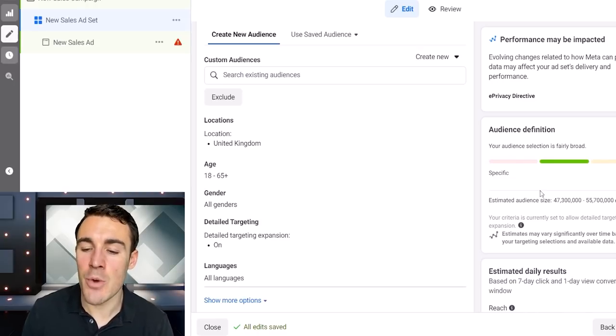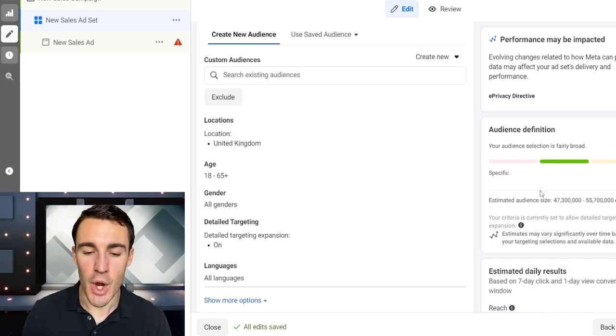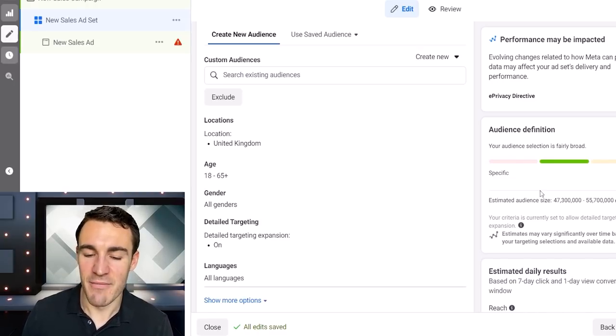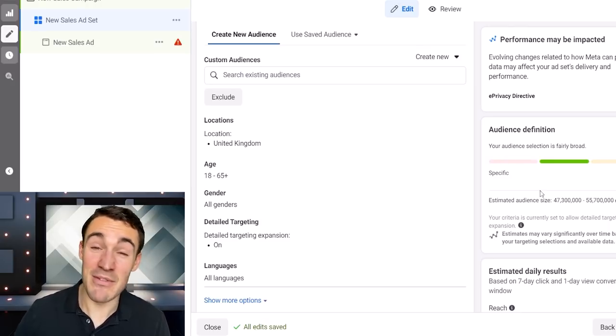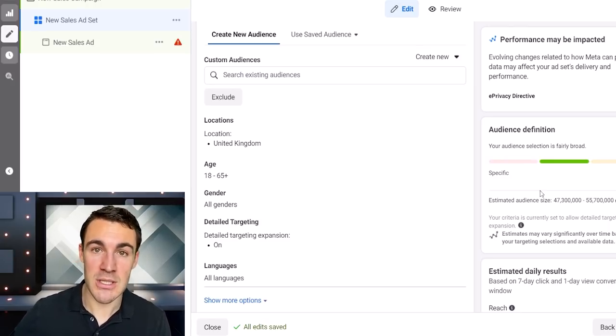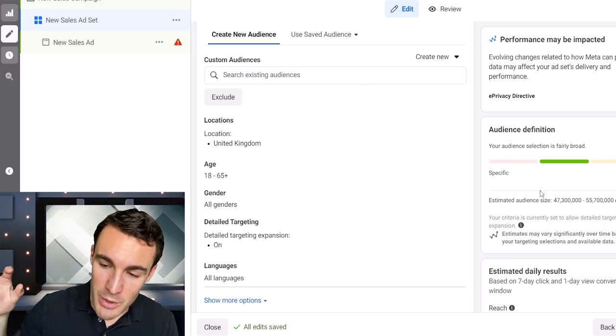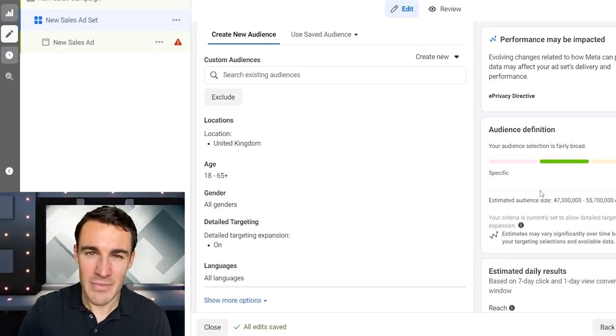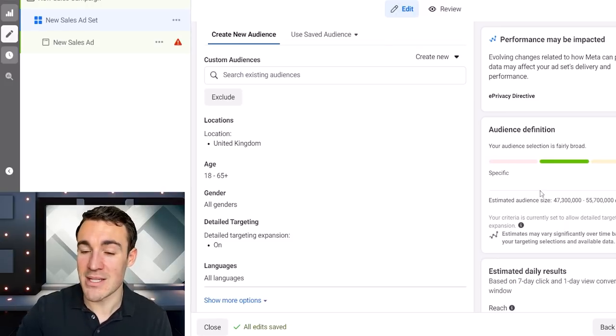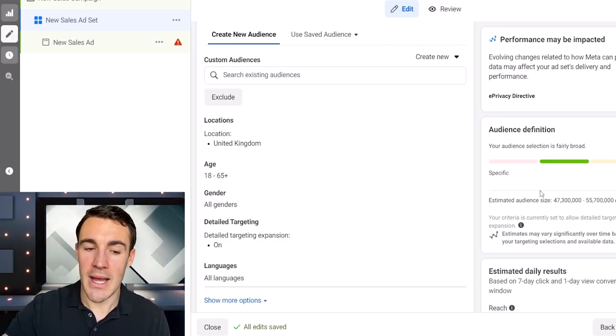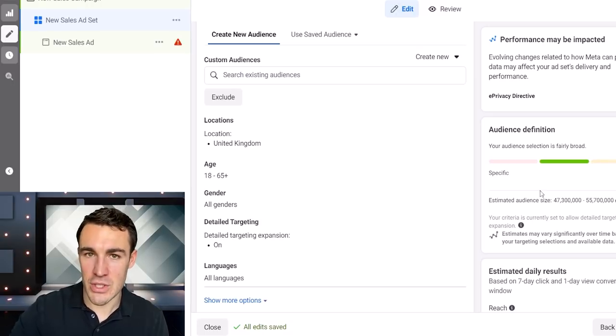The second thing is, how mature is your Facebook ad account? Ideally, you will have generated 500, maybe even 1,000 plus conversions. And by conversions, I mean the thing that you're really targeting in your campaign. So whether that's a lead or a purchase, whatever it is, you want to have generated a good volume of that. As I said, at least 500, maybe 1,000 plus in your ad account before you go ahead and test broad targeting.